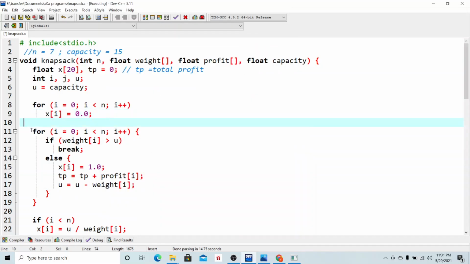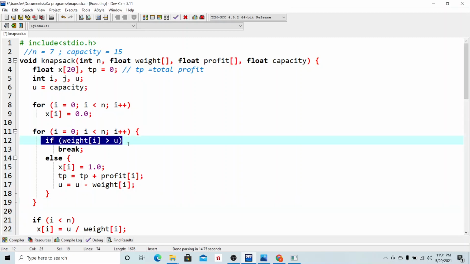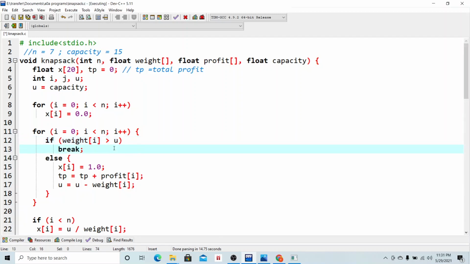So now again a for loop. For i equal to 0, for i less than n, i plus plus, if weight of i is greater than u, so if we have crossed the capacity of the knapsack, it will break, right?